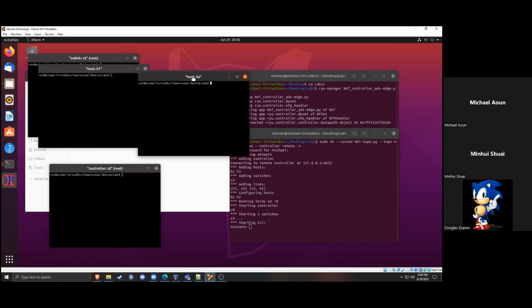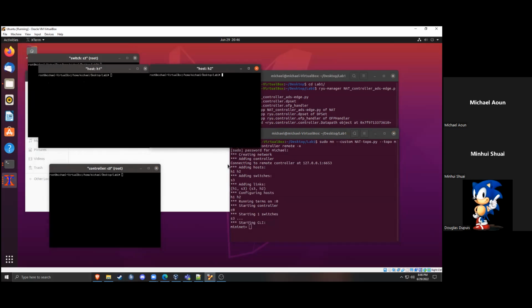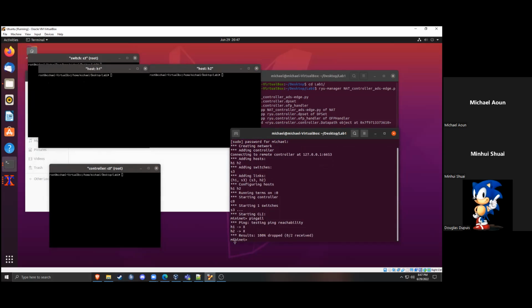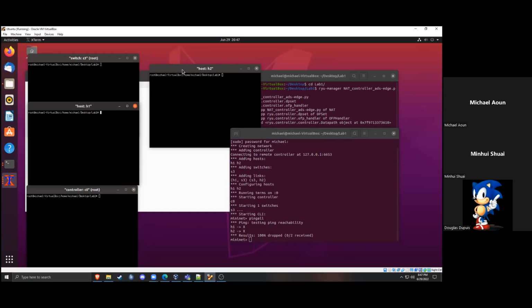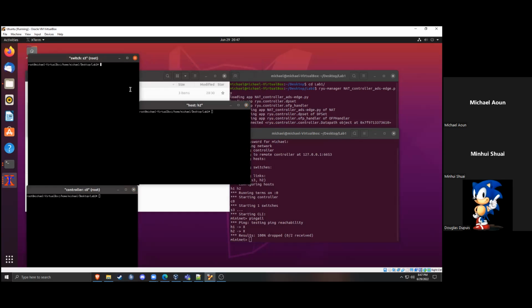Once we set it up, we use the pingall command to verify current network connection. And you can see there, host H1, H2 cannot find each other, and the path is broken. That's how we started. Next, we go to X terminal, switch S3,